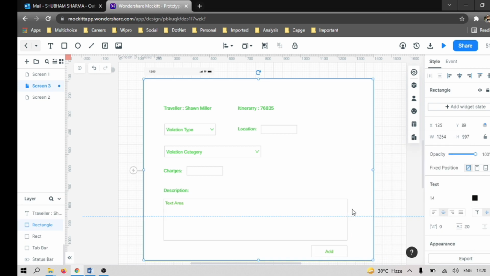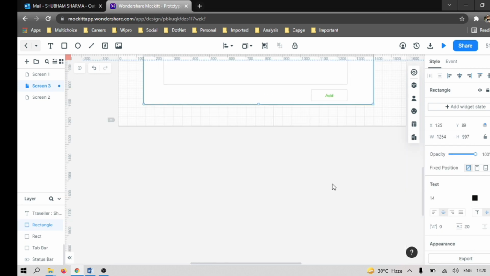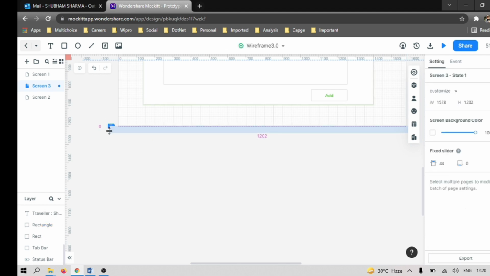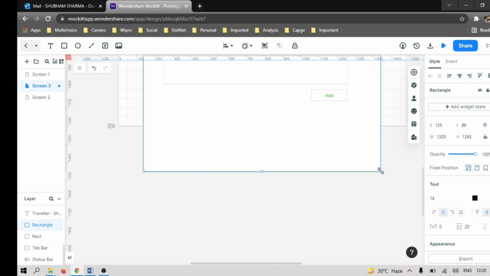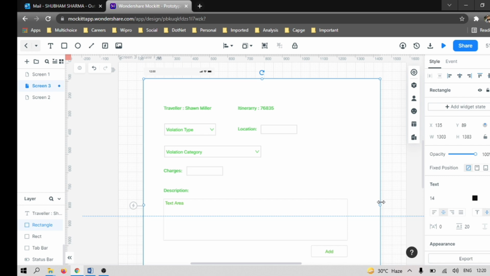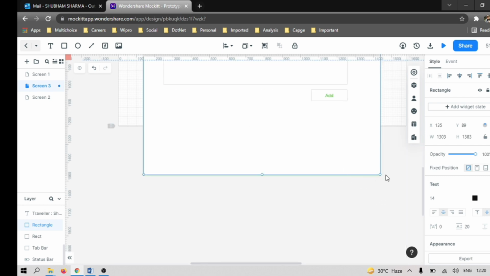Okay, the add button is also there. We need to expand this. Can't we expand? Since we need to put one Excel sheet here, I'm expanding. Okay.